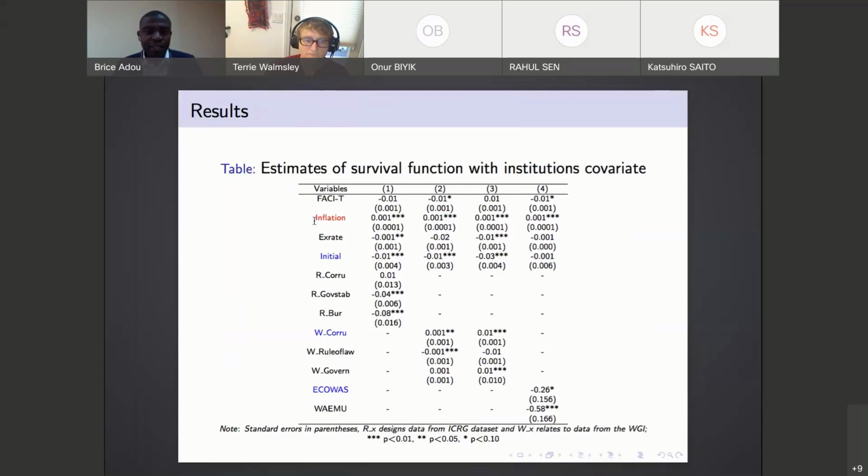Strangely, we have inflation. Here it's the initial reference to initial volume of trades between 2 partners when they start trading. And this is the second step of our regression, where we also show the importance of institutions and the kind of trades, cooperation of communities. We try to find 2 communities, especially ECOWAS and WEMU.